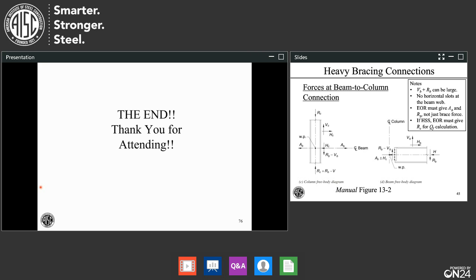Yes, but you probably never get it to work. The forces are pretty high there, and as we saw earlier, for the one bolt we were looking at a minute ago, it was only 9-point-something kips per bolt. So it's going to be tough to get that to work. I think the key element here is communication between the EOR and the fabricator detailer,